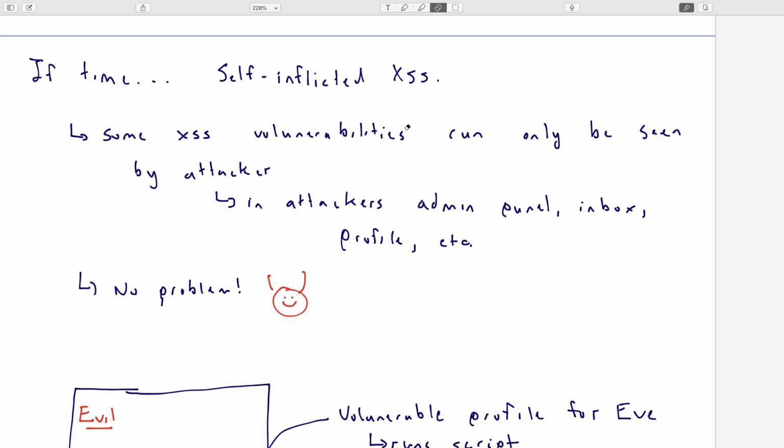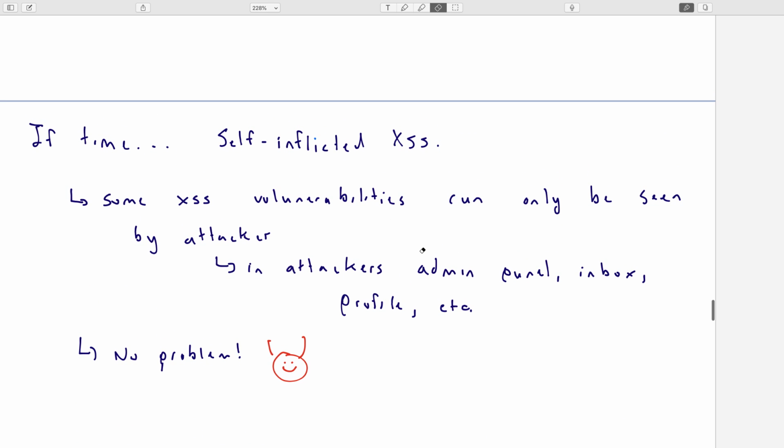But you couldn't give that to someone else for some reason. Maybe you attach it to your own email and now it's sitting in your email. I don't know what the example would be. So it may seem like you can't actually do this, you can't actually attack anybody else. But guess what? No problem. You actually can do it. The way that you can do it is that the same origin policy is going to help you do this